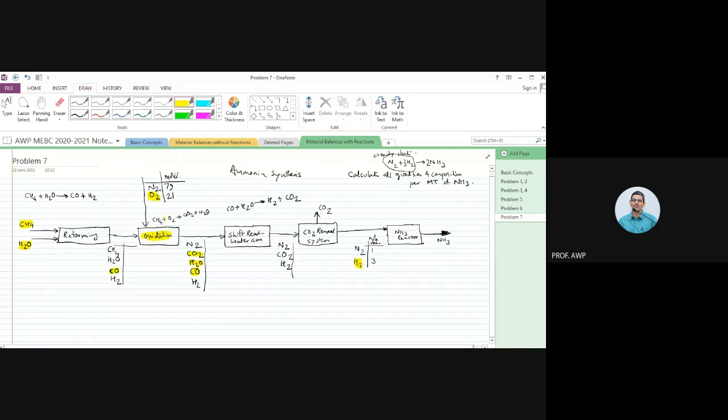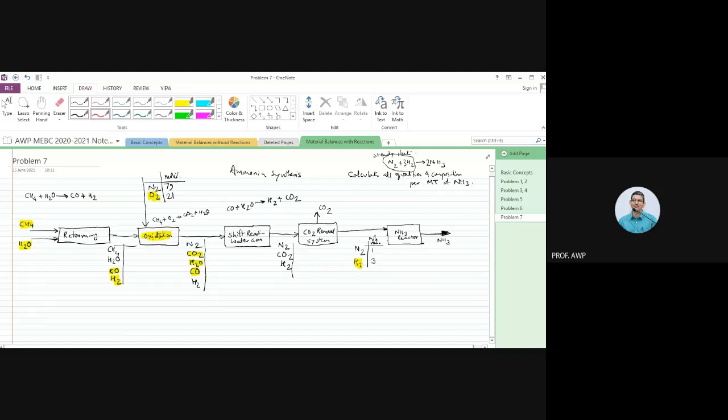Actually, if you look at the plant, the oxidation and reforming, you can reverse also. You can do oxidation first and then you can do reforming, or you can do reforming first and oxidation later. It does not matter. Both kinds of plants operate in the world, but